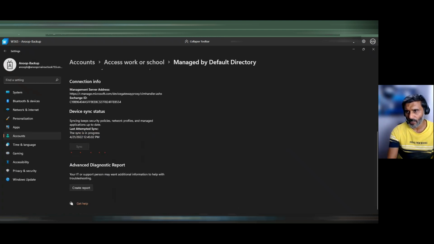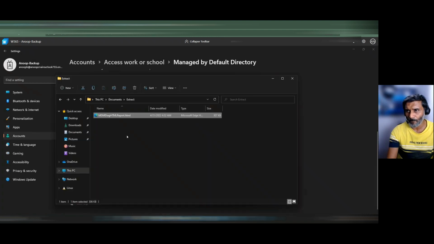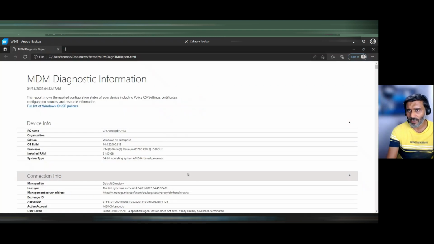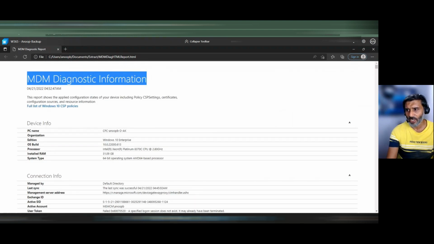Okay, you can try to sync up in that way if you want. Okay, and the next step is to run a report where you can find the client side group policy, cloud group policy reports. For example, in the legacy world, you can use something called RSOP. For the cloud side, you can use this particular diagnostic information, and